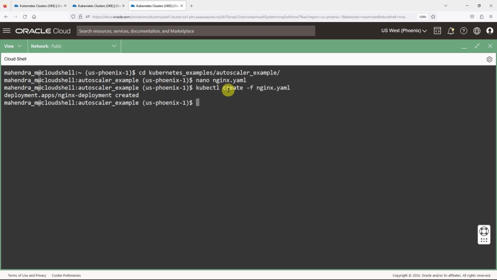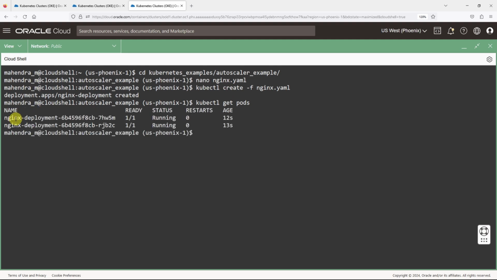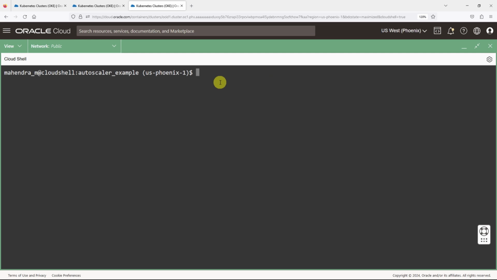Well, the output says the Nginx deployment created. I run the kubectl get pods command and hit enter. And we can confirm that the 2 Nginx pods are up and running. I'll clear the screen. Now I'll increase the number of pods in the Nginx deployment by setting the replicas to 75. I'll run the command kubectl scale deployment, name of the deployment which is Nginx deployment, and set the replica